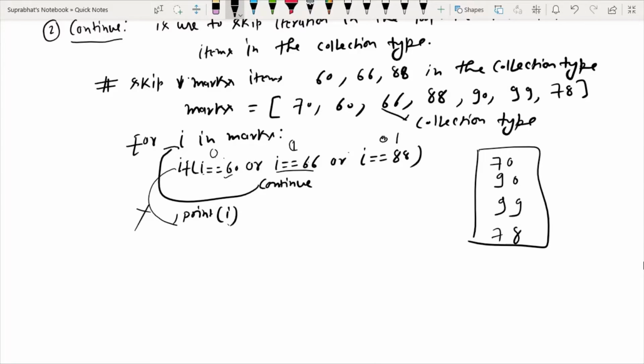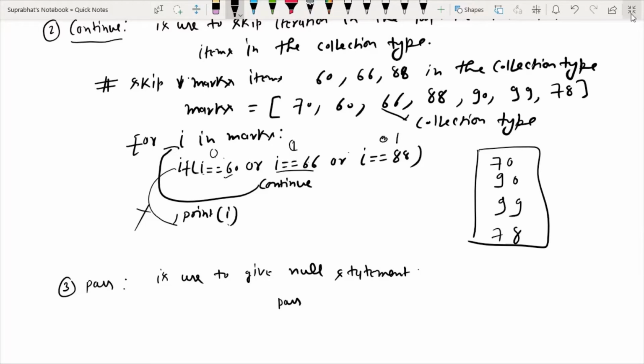So the next, the third type, is pass. So what is the use of pass? Pass is used to give a null statement, that is, nothing. Suppose in a for loop I don't want to give any statement, so how will it be possible? So we will use the pass keyword to give a null statement.